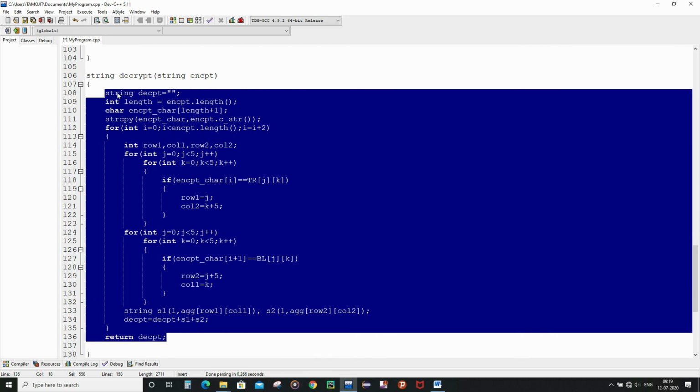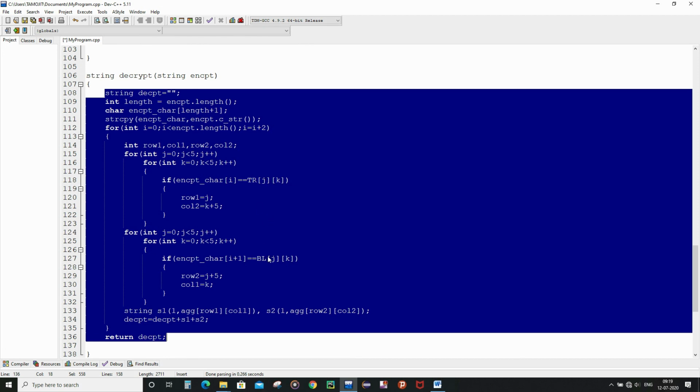Now first of all, we had declared one empty string variable of the name dcpt, and everything else is the same, but the difference lies in the fact that the iteration is going to run as many times as there are characters present in the character matrix consisting of all the elements inside the encpt string variable, divided by 2. And basically everything else is the same, but in the first for loop here, as you can see, we had made use of the top right square matrix instead of the top left square matrix, which we had done in the case of the encrypt function.